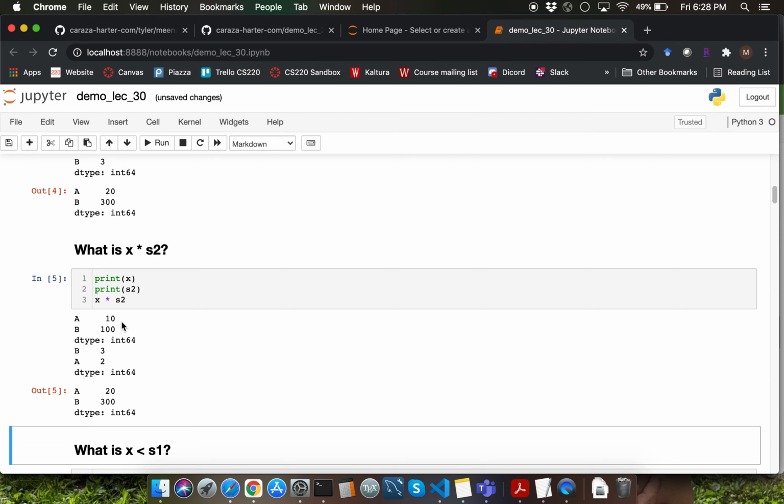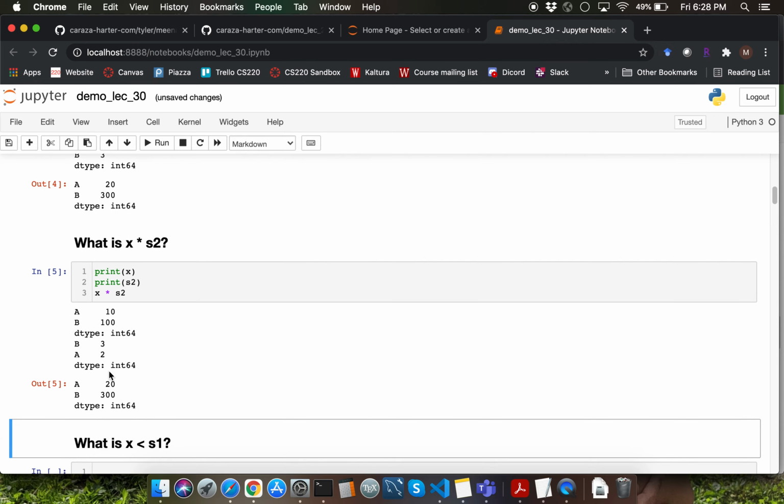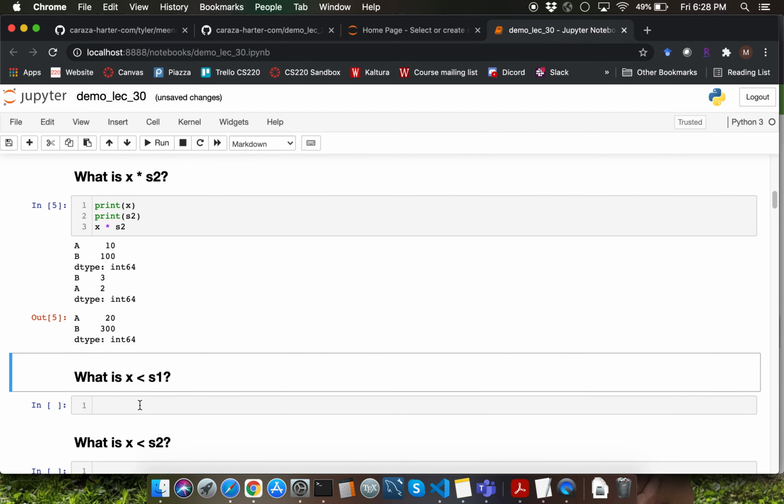You'll always be lining up the values based on index. So you're going to end up with 10 times 2 because the value 2 within series S2 has an index of A and the value 10 within series X has an index of A. Similarly, you're going to end up with 100 times 3 and the corresponding labels are going to be A and B for the values 20 and 300 here.